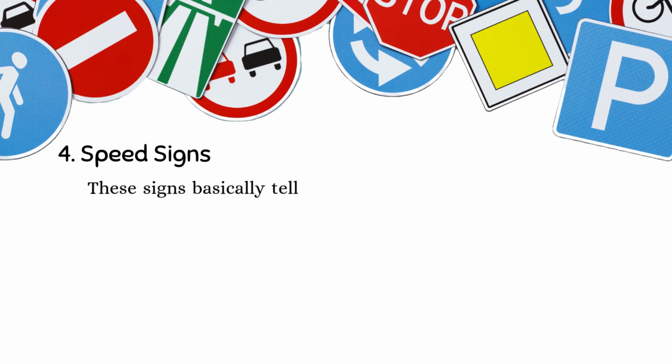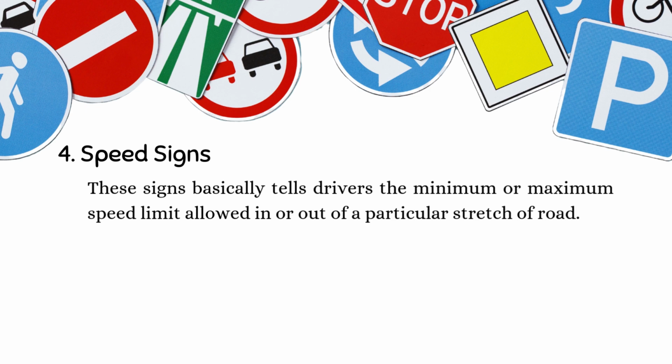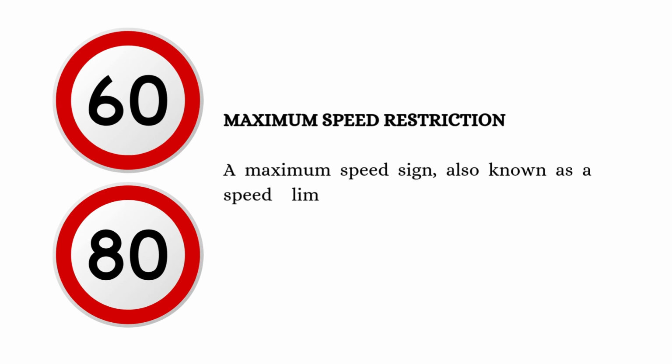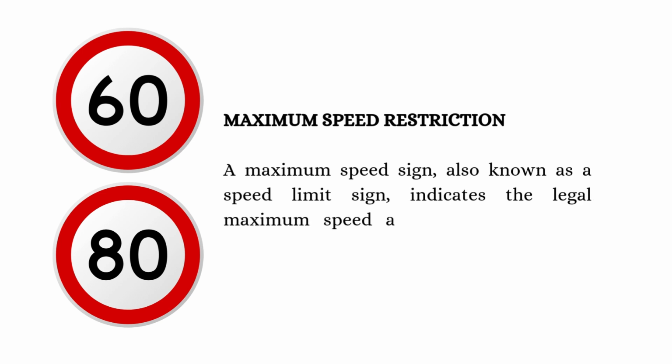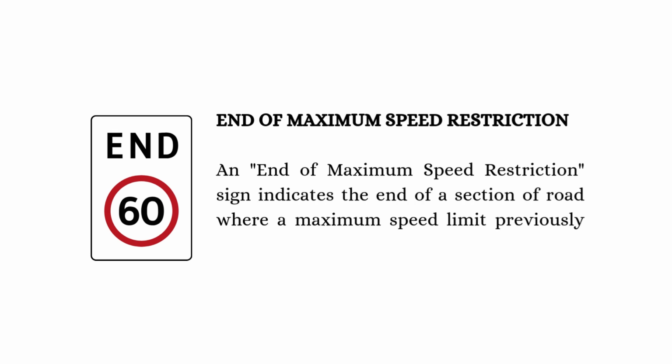These signs basically tell drivers the minimum or maximum speed limit allowed in or out of a particular stretch of road. Maximum speed restriction. A maximum speed sign, also known as a speed limit sign, indicates the legal maximum speed at which vehicles can travel on a road. End of maximum speed restriction. An end of maximum speed restriction sign indicates the end of a section of road where a maximum speed limit